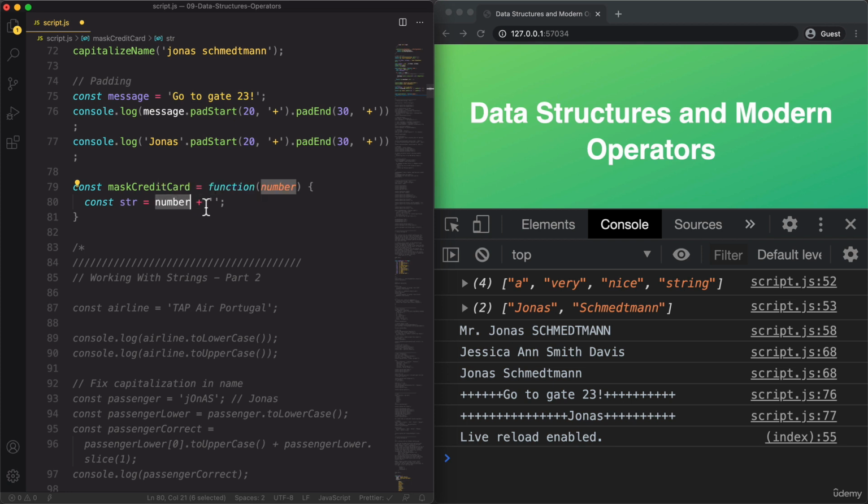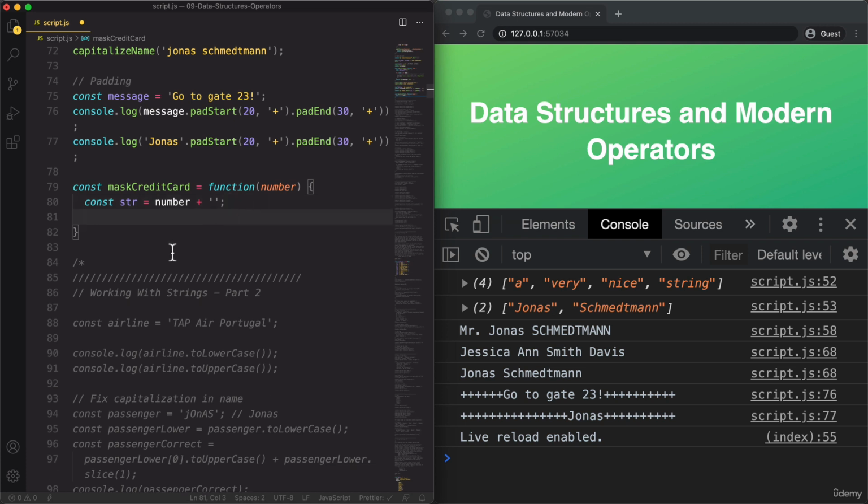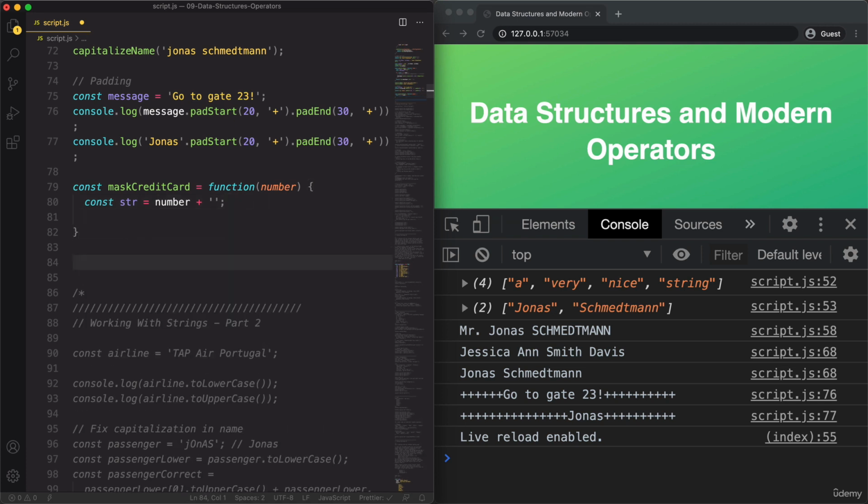And so the result of this will be the number, but as a string. And this works because, as you hopefully remember, when one of the operands of the plus sign is a string, it will convert all the operands to a string. And so then this number will become a string plus the empty string. And so then it's going to stay exactly the same. Okay, so